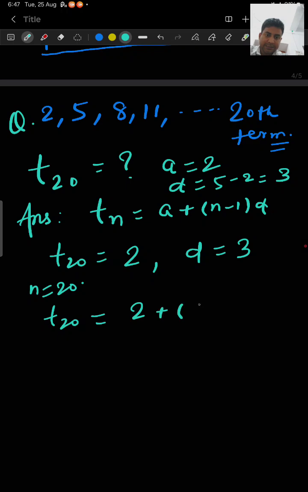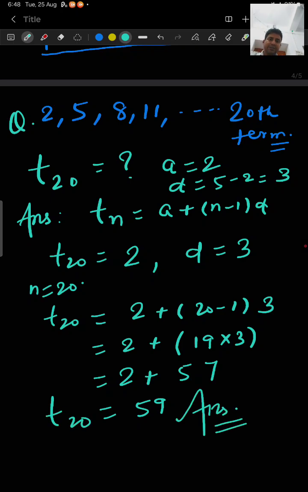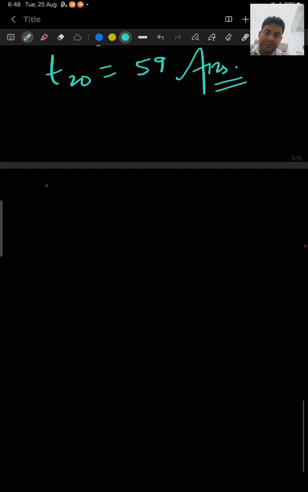Then t20 will be a plus n minus 1 into d, which is 2 plus 19 into 3, 2 plus 57, which is 59. Hence the 20th term will be 59. This is our answer. Okay, now we have to find, we all know that table